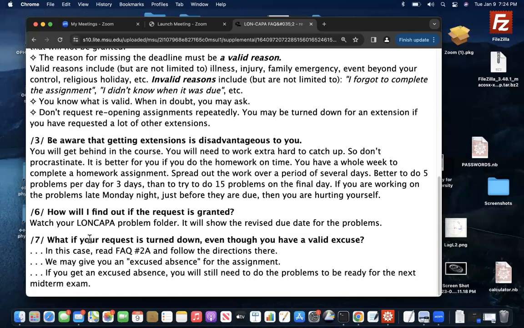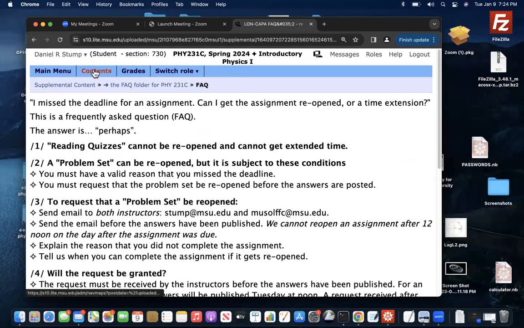What if you can't get an extension, but you have a valid excuse? Well, then there's another